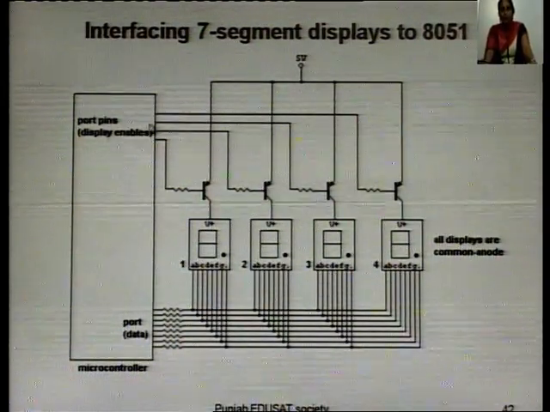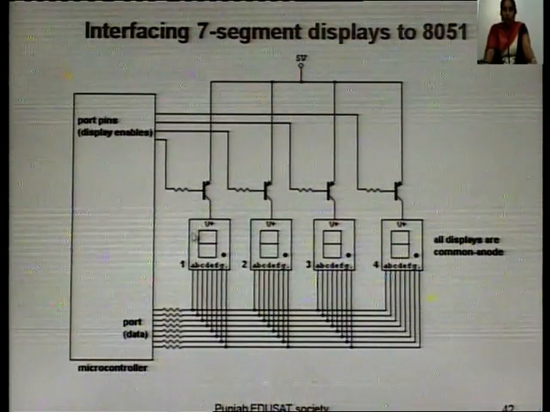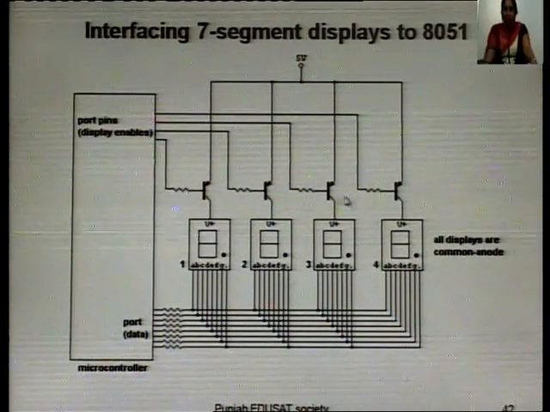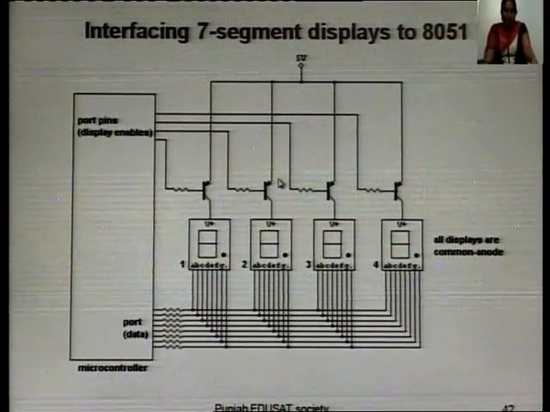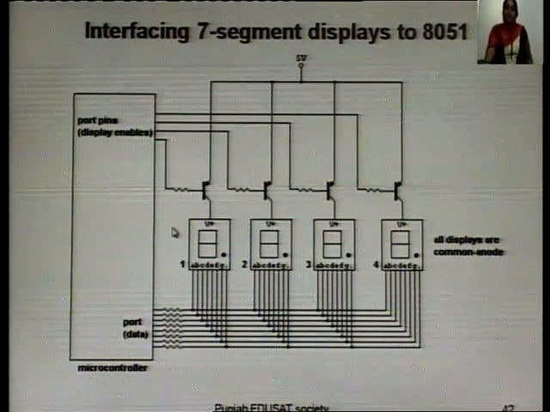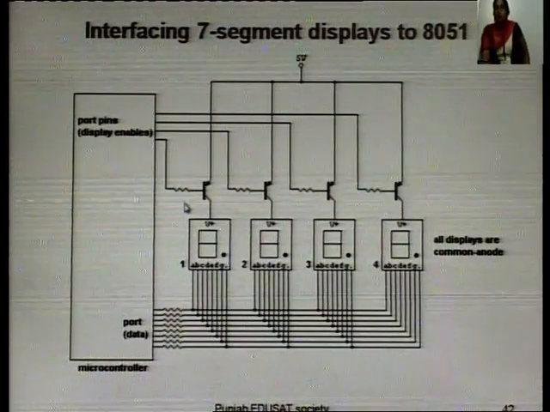Here this port, suppose it is port 2, is used to turn on the various displays. First of all, we will turn this on by using these transistors. Transistors are used to provide the necessary current for display. Here these resistors are used to control the brightness